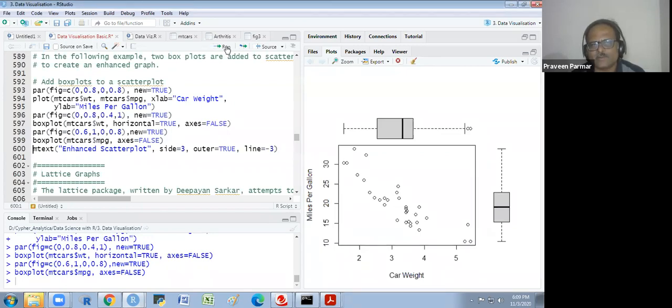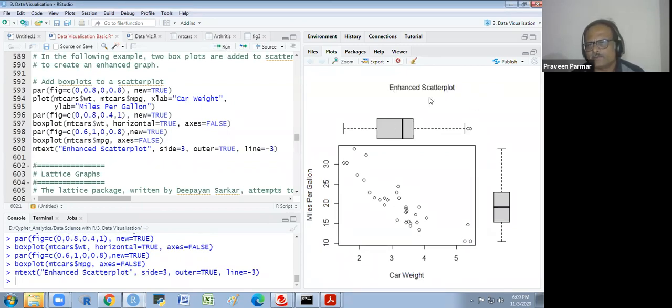And mtext is here, enhanced scatter plot, side 3 and true, line 3. Yeah, 0.7 it will not consider because it will not get that high over there. We have the 0.8 only, this margin. Got it?